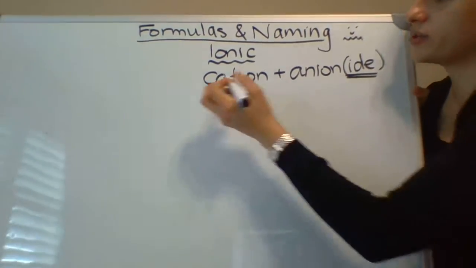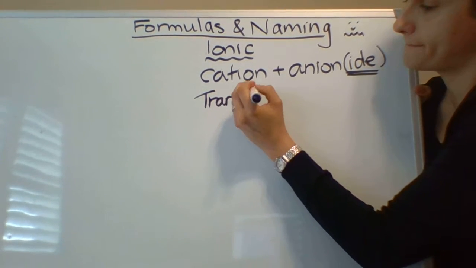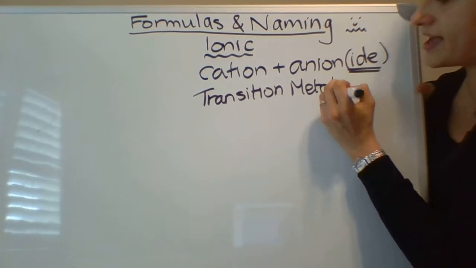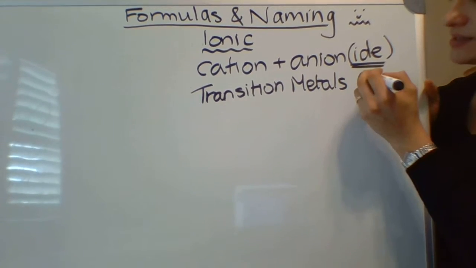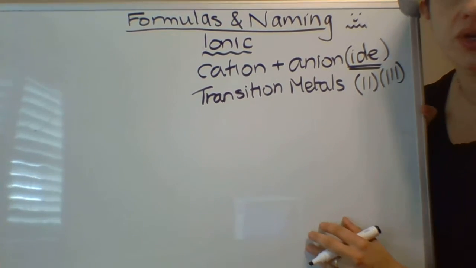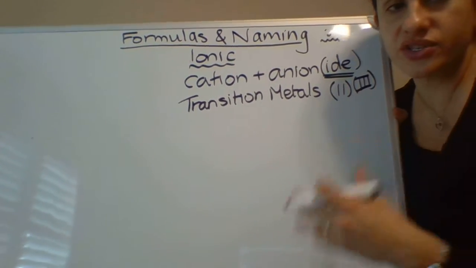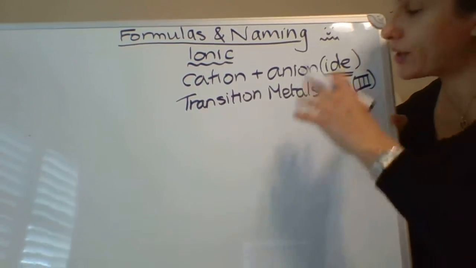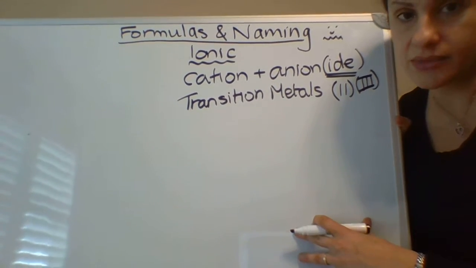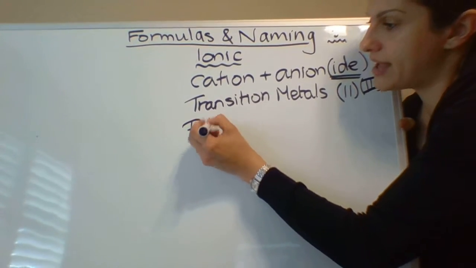We then talked about transition metals, and the fact that we always have to indicate the Roman numeral when it comes to the charges. It could be 1, 2, 3, 4. There's many that we're going to deal with. But when it comes to the names, you have to indicate the charge of the transition metal. There's one more that we're going to talk about, and those are